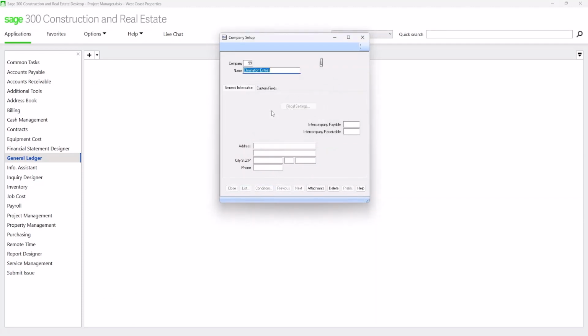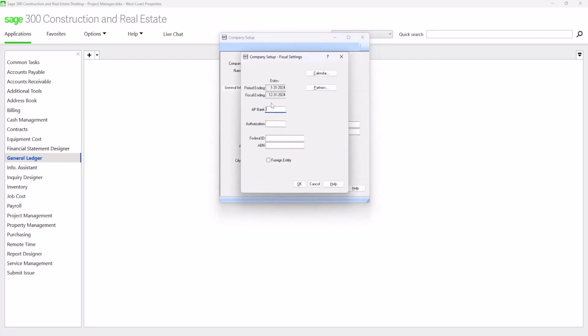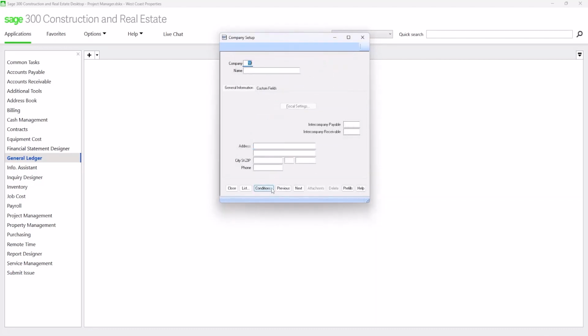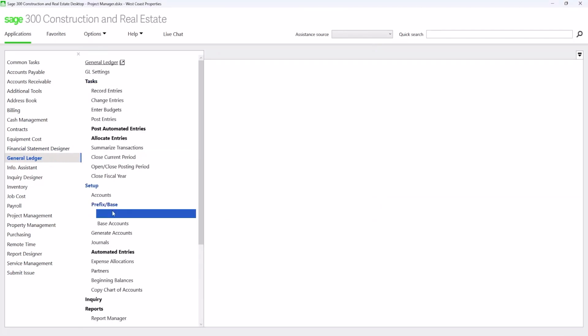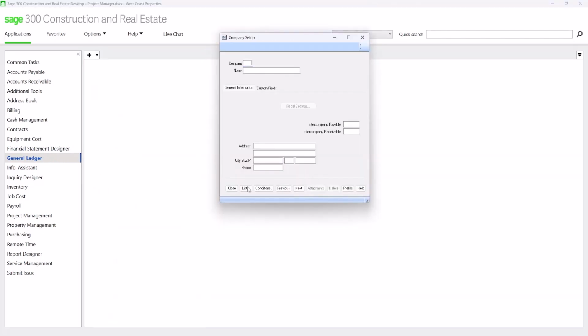That entity 99 is meant for elimination entries. It's created as any other company, any other prefix. Fiscal year end and period end date need to be the same as the period end dates and fiscal year end of the companies that we are consolidating. So, company 99, company 10, and company 21 exist in the consolidation data folder now.